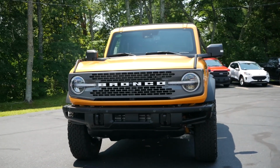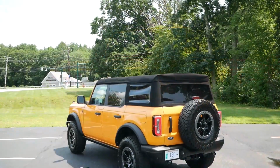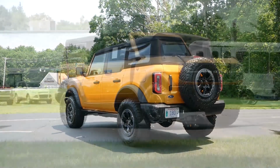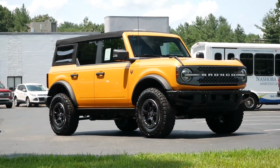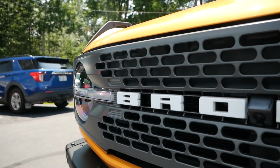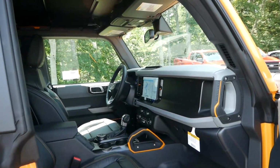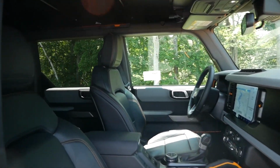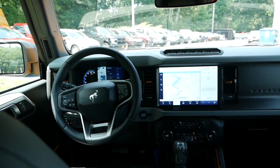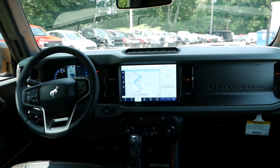It really comes down to it being a modern reincarnation of the first generation from the 1960s, where the design language has current cosmetic features like LED headlights and taillights, but the road presence is undeniably a Ford Bronco, much like we see with the Jeep Wrangler, which hasn't fundamentally changed throughout the decades. Then when you take a look on the inside, you're met with modern technology, but the dashboard design gives you that pickup truck feel,